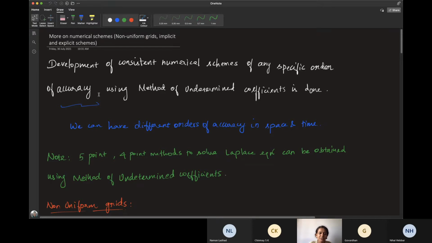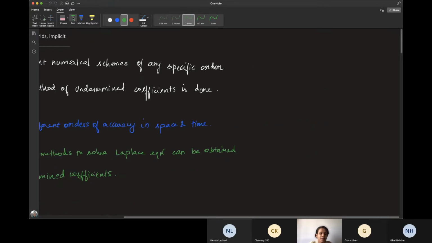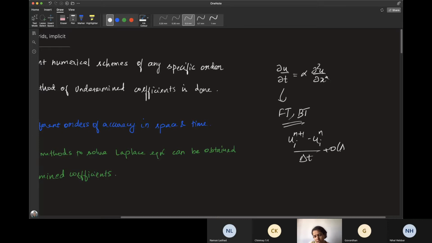It's like, if you have an equation of this form, say, something like dou u by dou t equals alpha dou squared u by dou x squared. In this case, it's not always required to have second order accuracy in both space and time. You can expect to have first order accuracy in time and second order accuracy in space. In that case, you can do forward in time or backward in time, anything. Each of these will be only first order. That is first order, like you can just have u_i^(n+1) minus u_i^n by delta t. So this will be of first order accuracy.